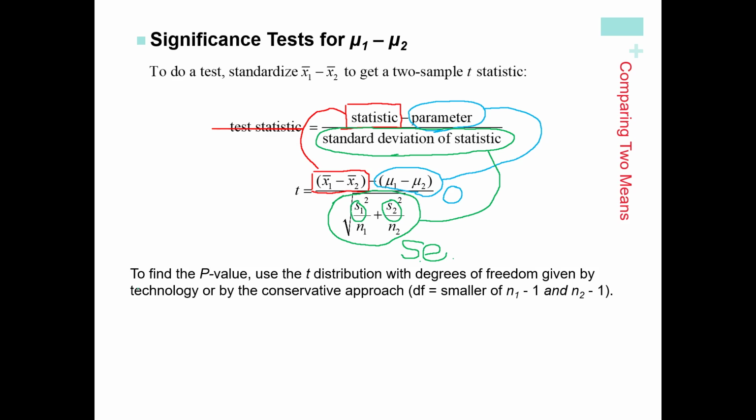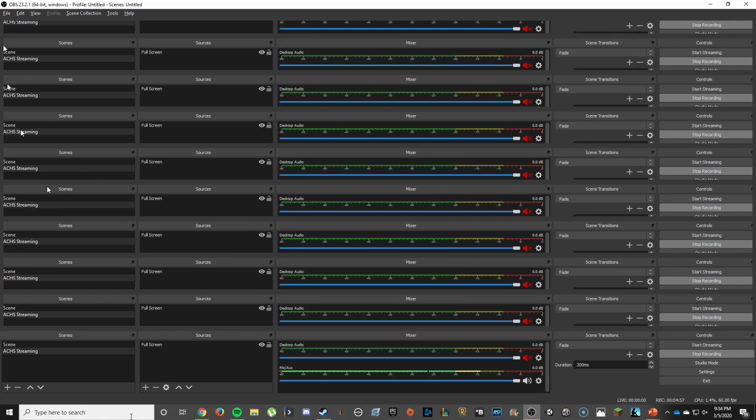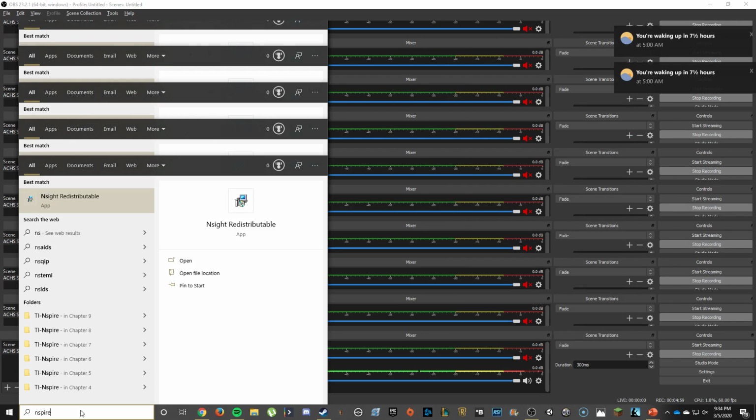To find a p-value here, we're going to take our t-score and put it into the calculator using tcdf and the degrees of freedom, usually given by technology. Today, in addition to showing you how to do this the old school way, I'm also going to show you how to do this on the Inspire calculator, which I actually should quickly